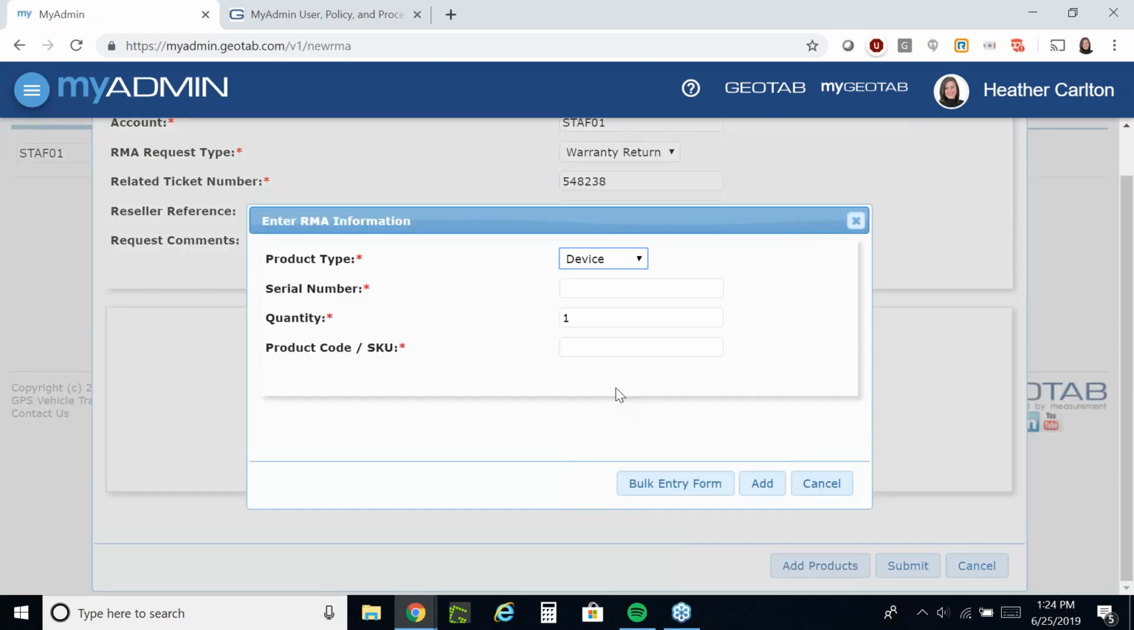Now this is where we go ahead and add our product. Here, again, you have the ability to choose product type. Is it a device? Is it a harness? Is it an IOX? Is it other? Now when I keep it on device, you'll notice obviously a serial number, at least one, is mandatory, and the